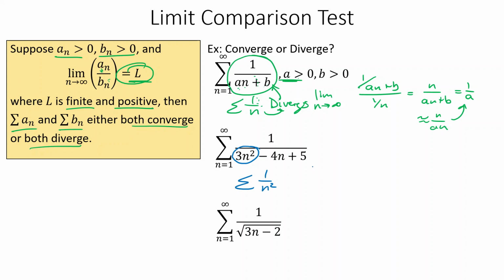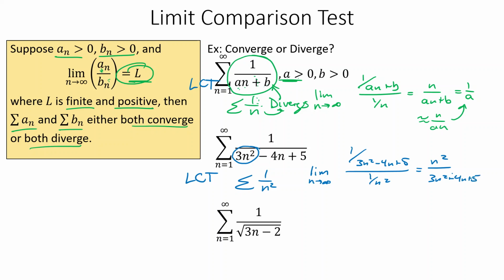And then if we do the limit comparison test, the LCT as we sometimes call it, not CLT for those of you in stats, as n goes to infinity of 1 over 3n squared minus 4n plus 5 over 1 over n squared is going to be n squared over 3n squared minus 4n plus 5, which as we go to infinity will just be n squared over 3n squared, which gives us 1/3, which is a nice whole number. And this one is a p series